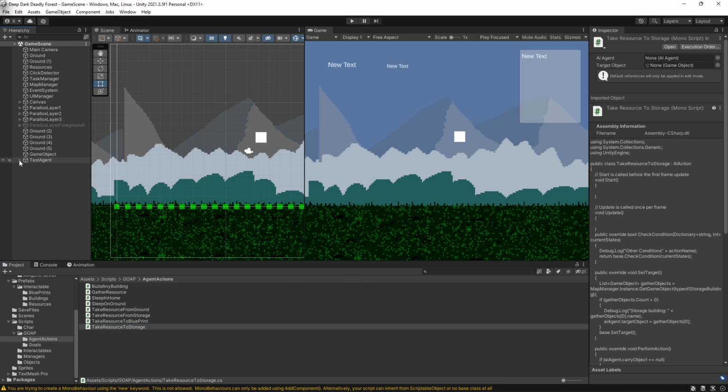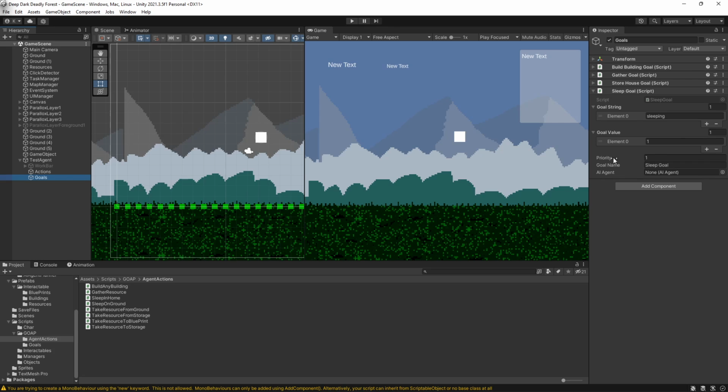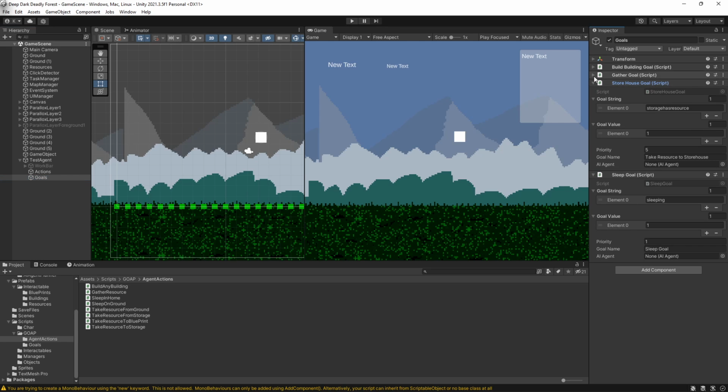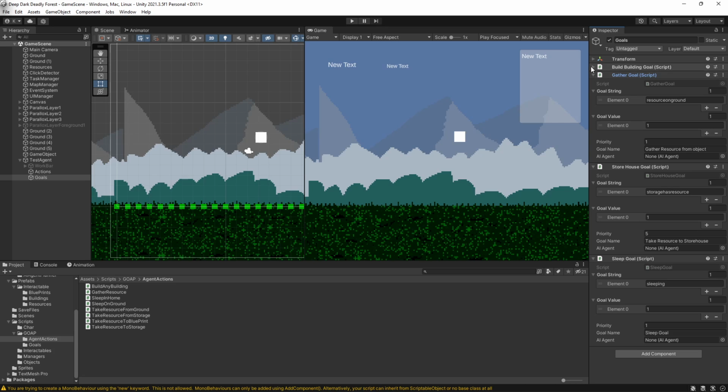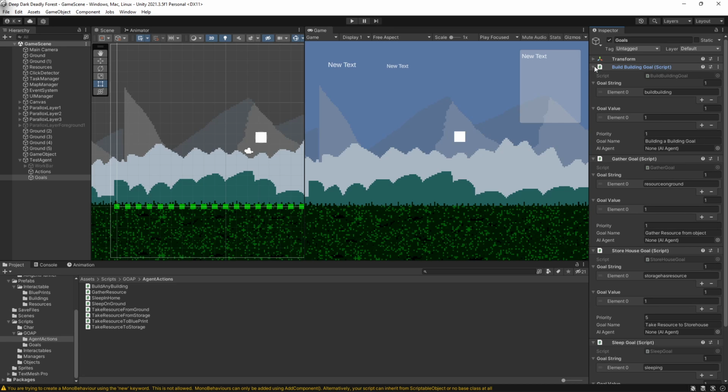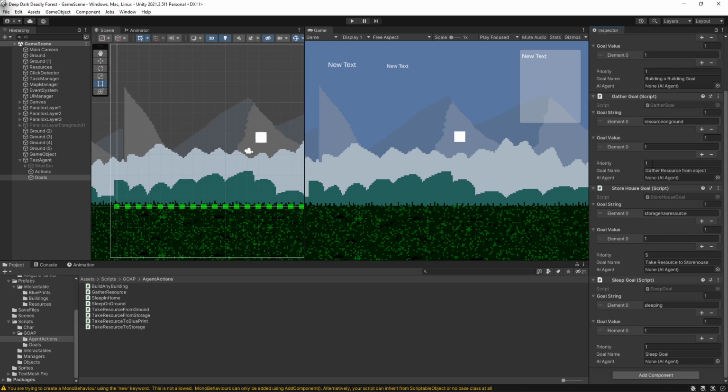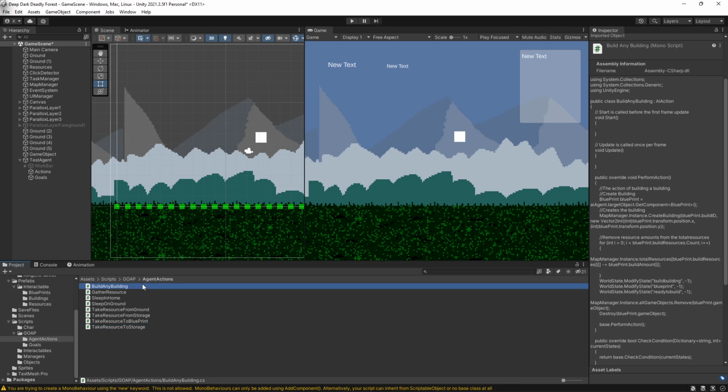Actually, if I go to my goals, everything has a priority here, and we could set this to the sleep priority as a 0, and I think it would choose to sleep before doing anything else.